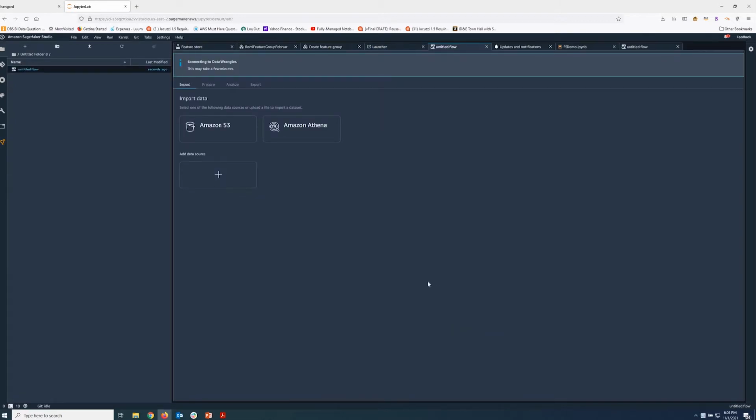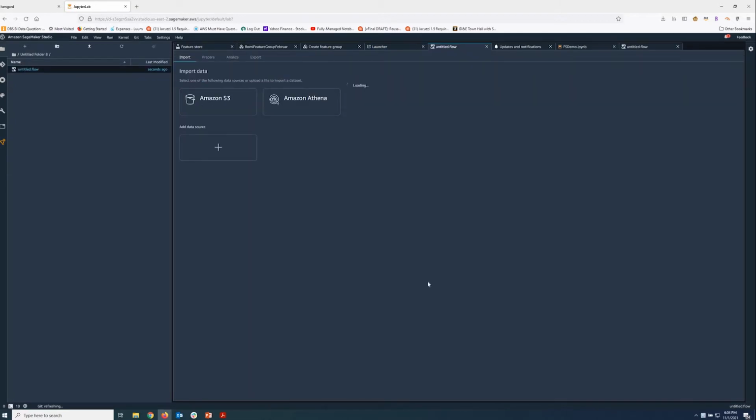Let us assume that we are solving your product manager's problem out here. We are preparing data for the product manager to do all kinds of fraud detection, etc., in the financial institution you work for. So first, with SageMaker Data Wrangler, you can quickly select data from Amazon S3 or Athena or a few other data sources.